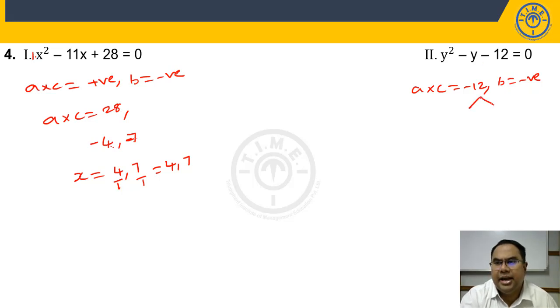So 12 can be written as minus 4 comma 3. Minus 4 into 3 is minus 12. Minus 4 plus 3 is minus 1. So while writing the roots, signs will change. Minus 4 will become plus 4. You have to write down the